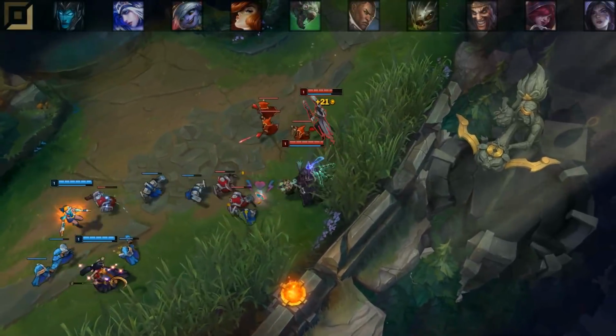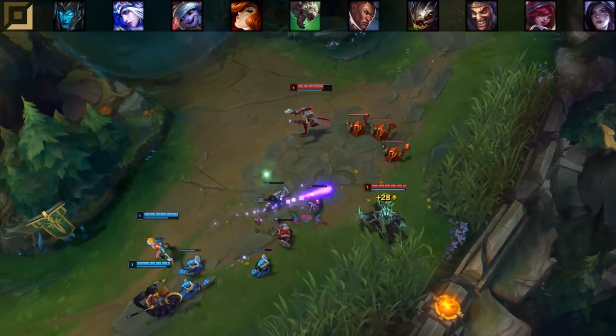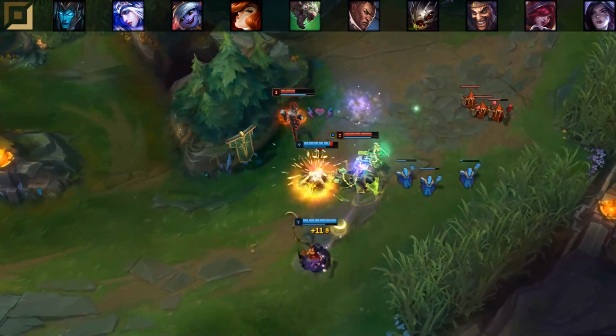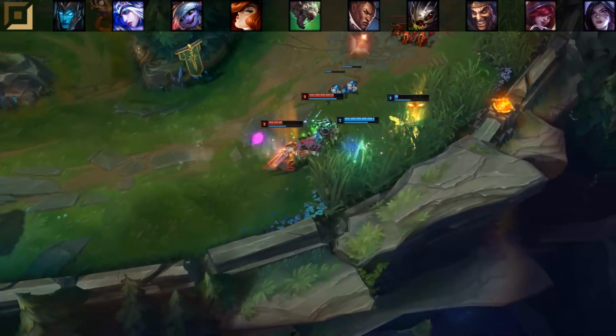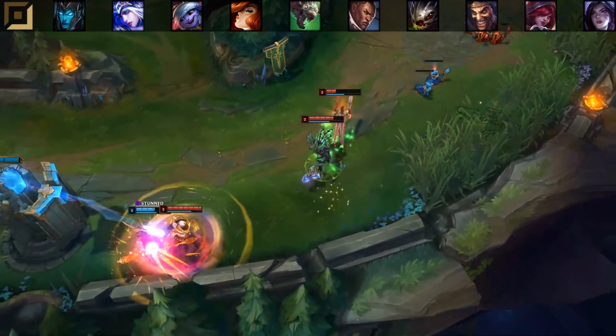So if we start off with AD carries here, there are a bunch of AD carries that do very well with Conqueror. I'll have them all up on screen here, but the ones that do build Blade of the Ruined King are the ones that are doing best with it right now. And Blade of the Ruined King does allow you to stack Conqueror faster. The Cutlass or the Blade of the Ruined King active does give you a stack of Conqueror,